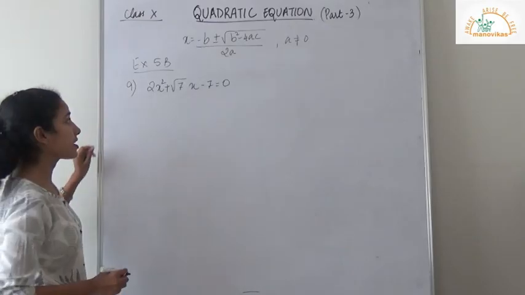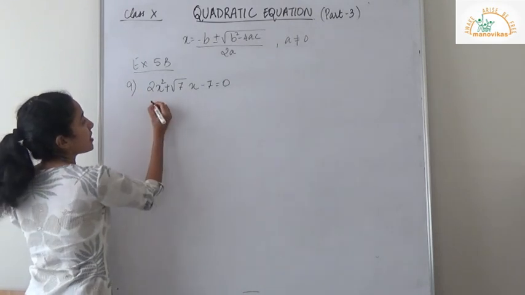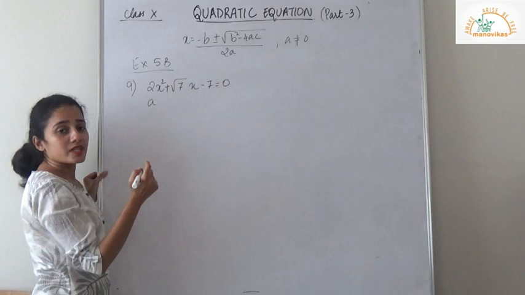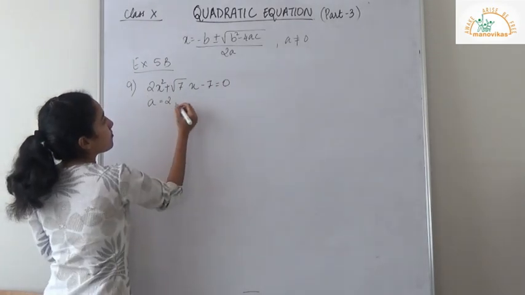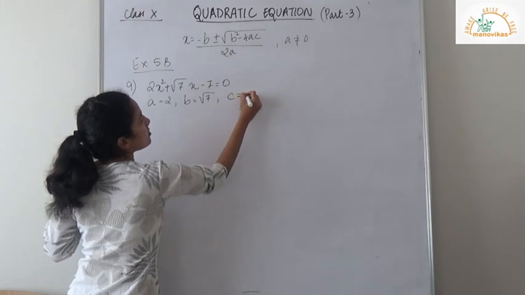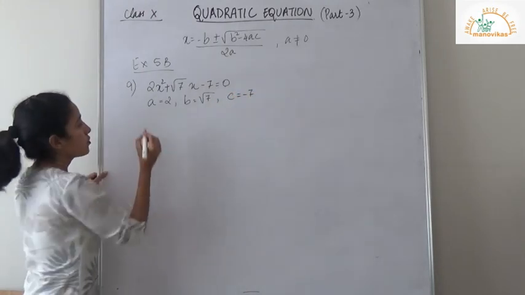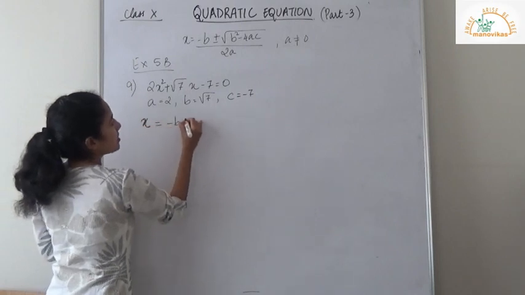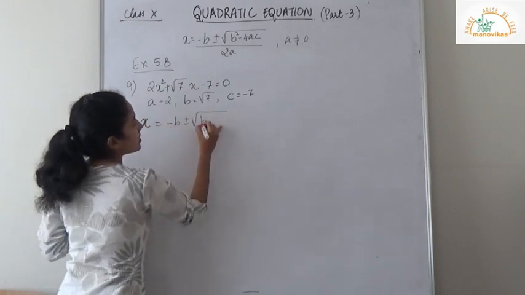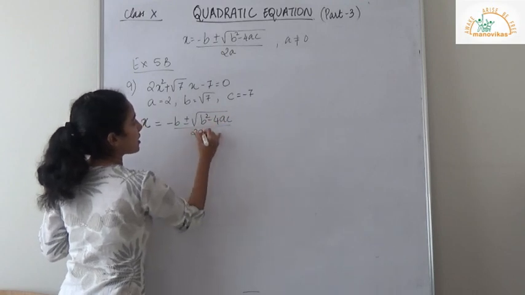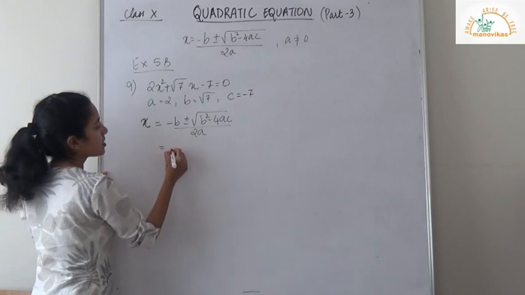Number 9 from the same exercise. So the first step is you identify the variables from the terms in the formula. a is equal to 2, b is equal to root 7, and c is equal to negative 7. So using the formula, x is equal to minus b plus or minus square root of b square minus 4ac divided by 2a. So substituting these values,